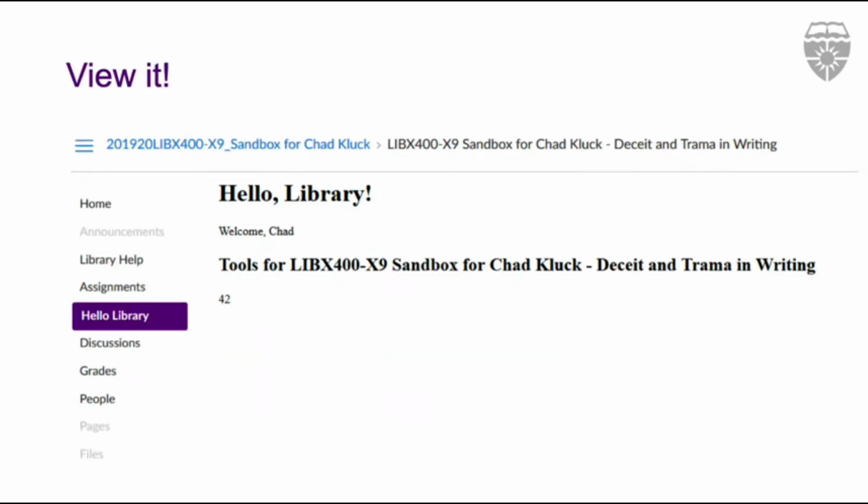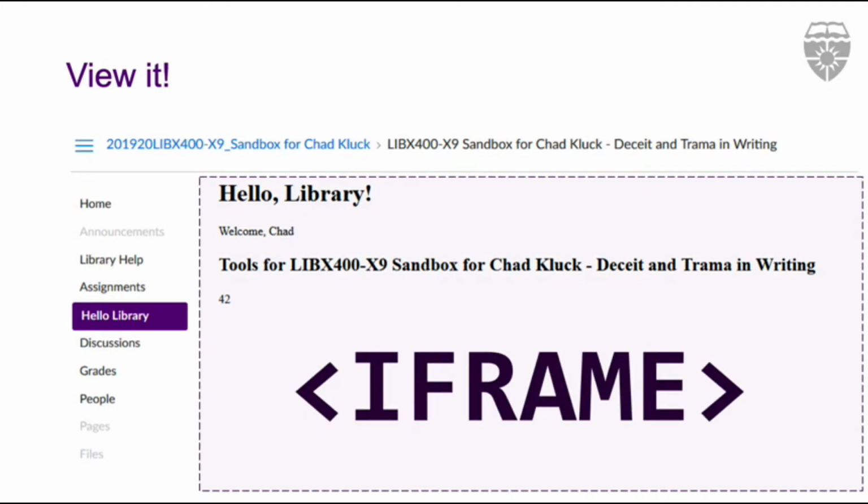It works. So the anatomy of an LTI. This is an iframe. This is why anything that you create, styling this area here, hiding things using CSS is not going to work. Your code is only going to run in the iframe, and it can't affect anything else outside of it. Also, with it being an iframe,